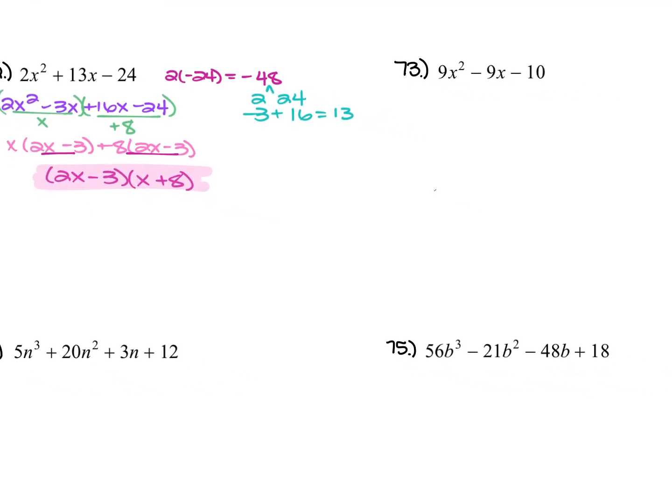For 73, we have 9x squared minus 9x minus 10. So again, we're going to do 9 times negative 10. That gives us negative 90. Your factors of negative 90 that add up to be negative 9